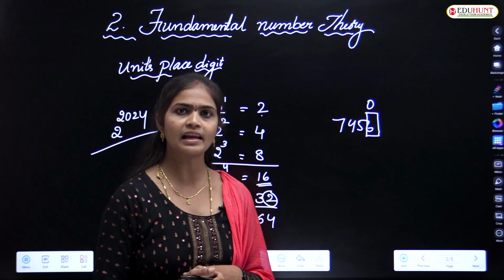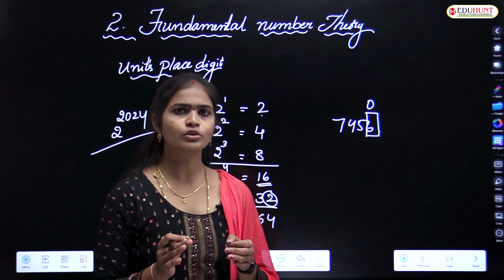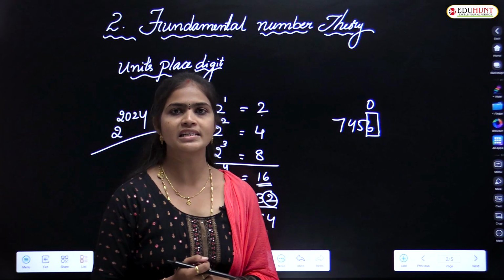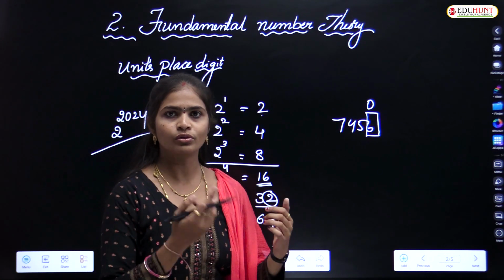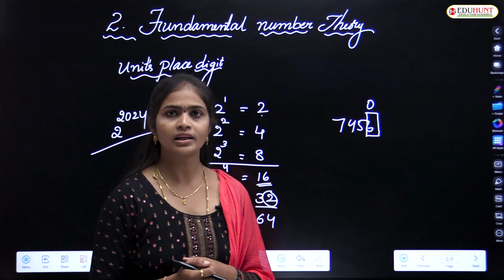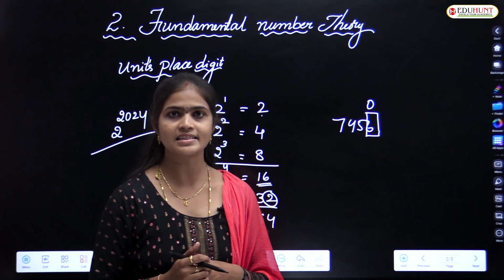Is it possible to do it like that? Okay, it will take more time. I just want to know which digit will come in the units place. Then how will you get it? Like this, one whole day will be finished, and even then I will not give the guarantee that you will get the correct answer.